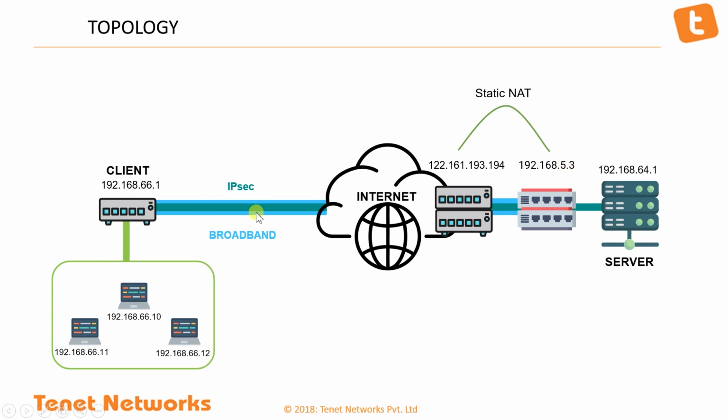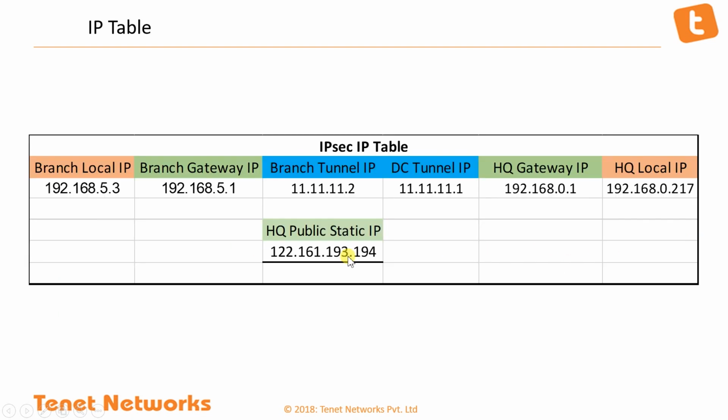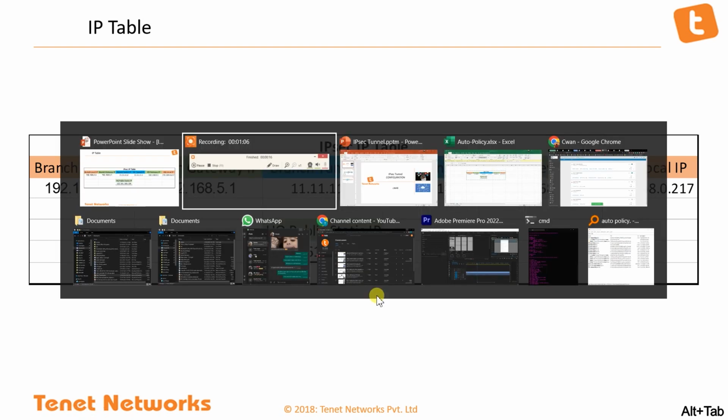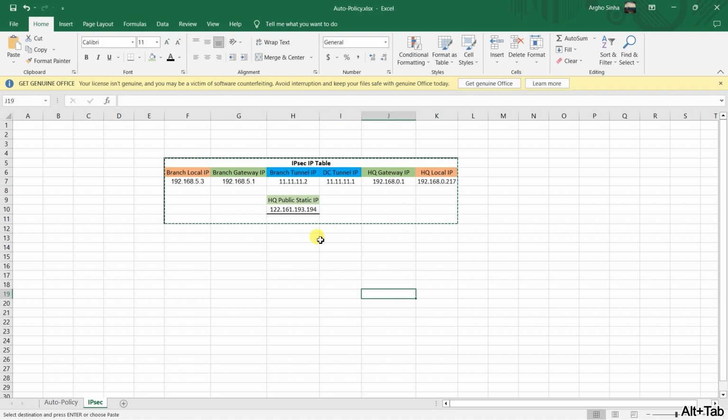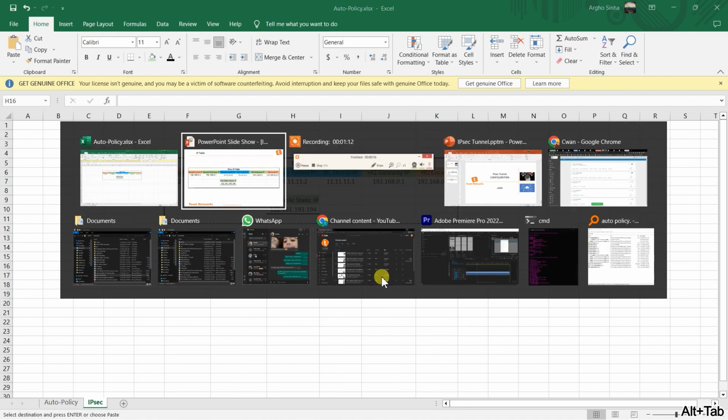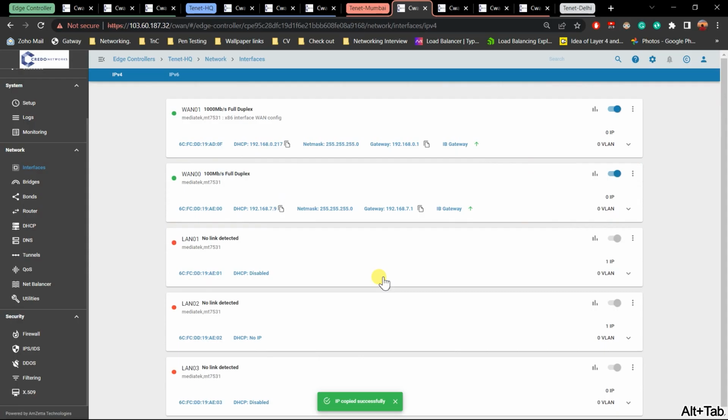We'll be configuring a tunnel through the internet. So we'll go right ahead and look into the IP table. As you can see, these are our IP addresses and this is what we'll be using to create the table today. So I'll just open up my Excel sheet with that. This way I can have a good grasp of what I'm configuring. And we'll go ahead and go to our